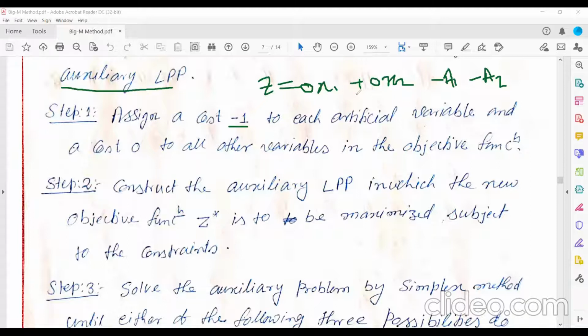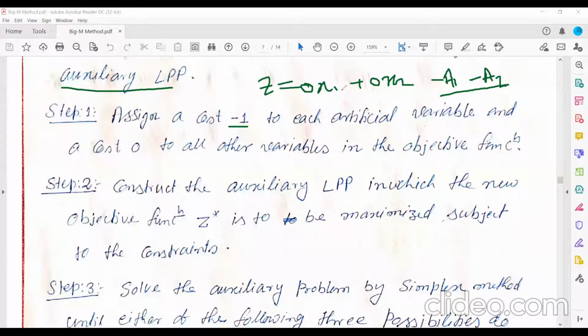In the auxiliary LPP's objective function, we assign a cost -1 to the artificial variables only, and all other variables get the cost 0.